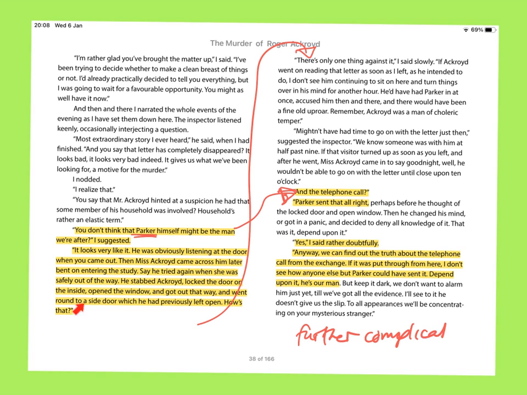So he set up the idea of Parker being the suspect, but then to make it even more difficult, to present them with more problems, really, and therefore make it even less likely Shepherd himself will be the focus of this investigation. He then puts these problems: there's only one thing against Parker being the suspect, and then he talks about that and the telephone call. So further problems, okay, but all done to complicate and sort of multiply, if you like, the misdirection.